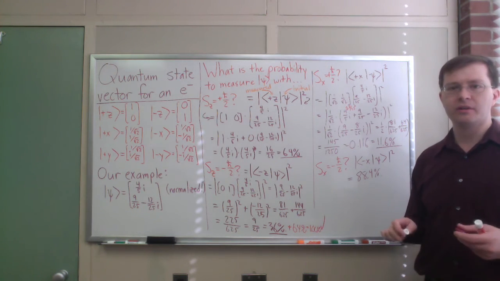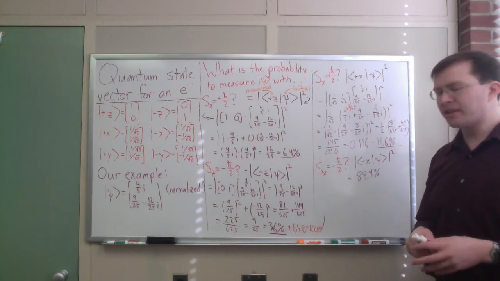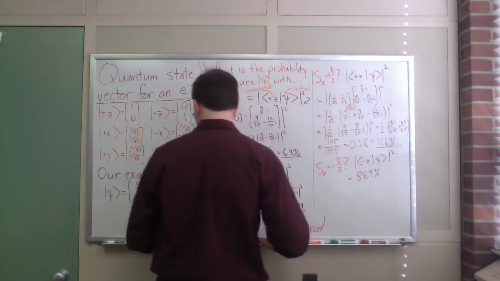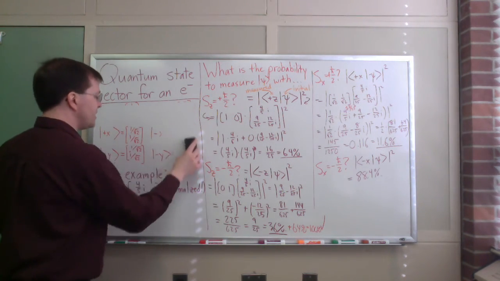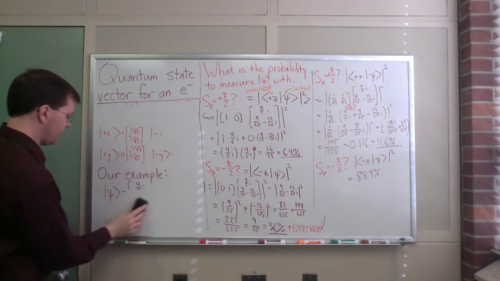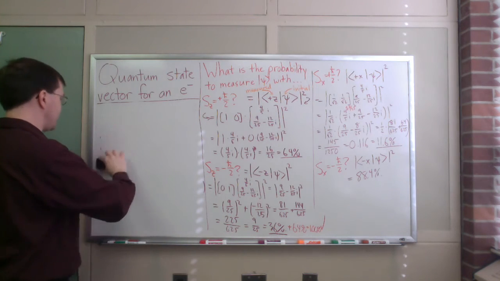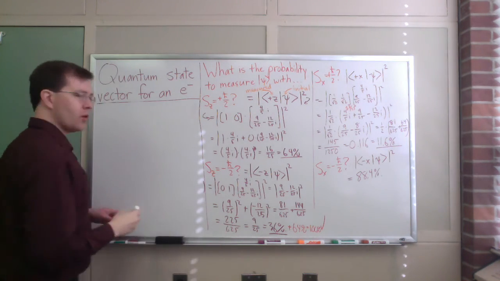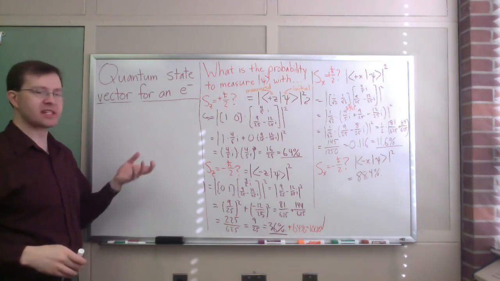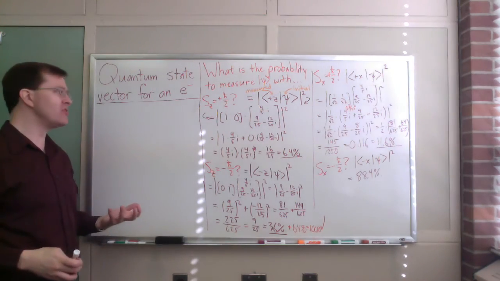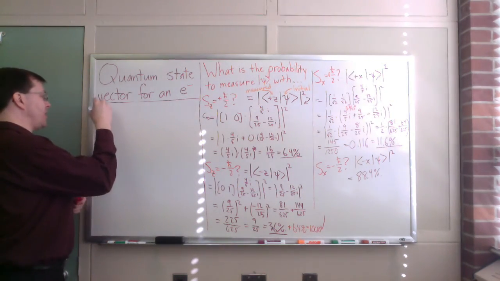Now that we've talked about these probabilities, I want to talk about one more concept, just to share it with you. The one more concept I want to touch on is the idea of an expectation value. I've told you what the two probabilities are for each one of these, but it could be useful to know what the average is. If I had 1,000,000 of these electrons in state psi, what would be the average spin along the z component that I would find? The expectation value